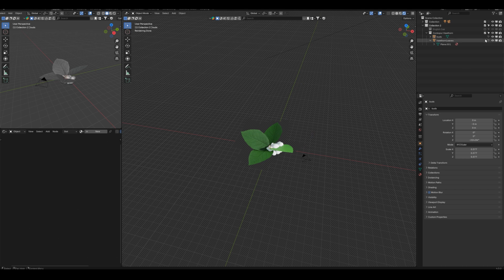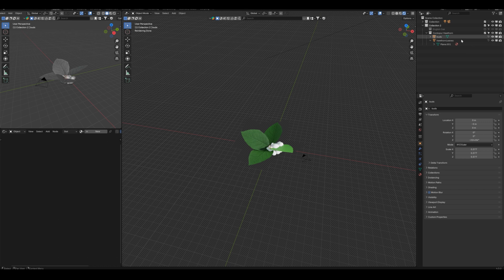When you're instancing, they need to be visible in the viewport. You can turn them off here. Anything that's being instanced, either leaves or buds or walnuts or whatever, is fine to turn off using those. If you turn them off using these, you won't see the leaves on the tree, and they have to be